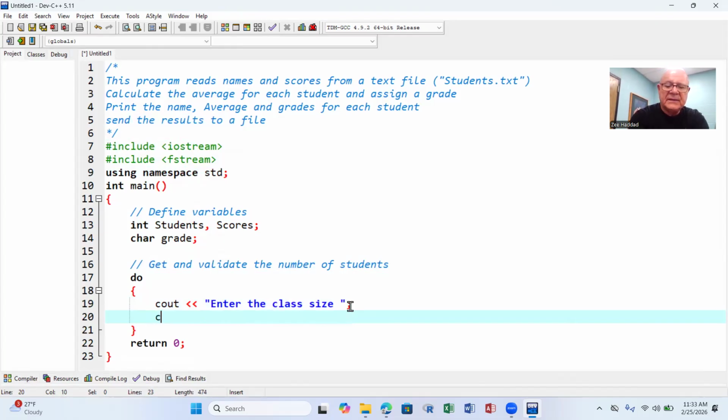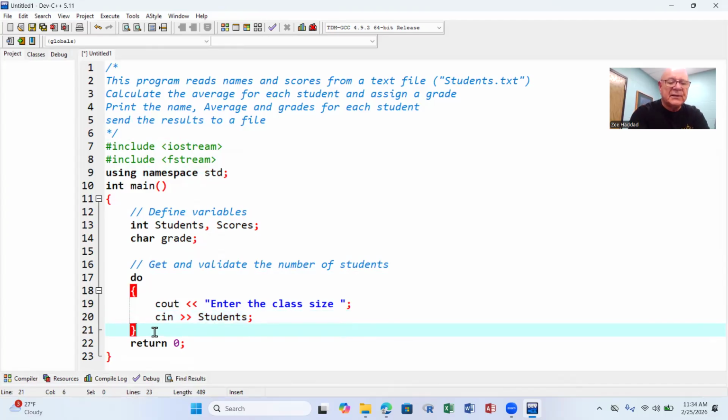And I'm going to read that. Cin, and that's students. I'm going to read that number. But I need to make sure that number is between 1 and 1,000. We said can't have a class more than 1,000, can't have a class less than 1. So my do statement says, while you're inside this loop, keep repeating this as long as what? While the number of students, capital S I use for students,